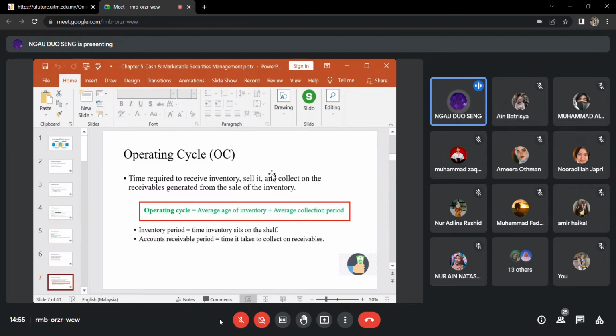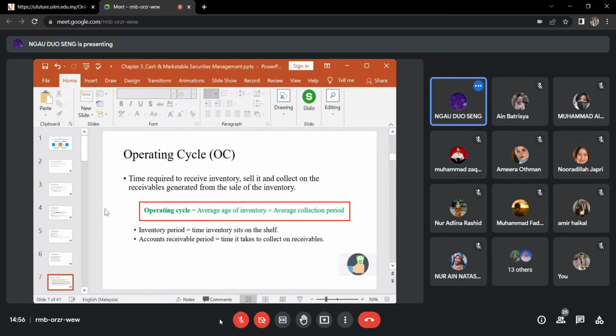Right? Collect on the, you dah jual, kalau you minta what you sell it kan. So if you allow customers to owe you or pay you later, so how long you need to collect back your money? Right, receivable generated from the sales of the inventory lah. So required receipt of inventory adalah you receive the